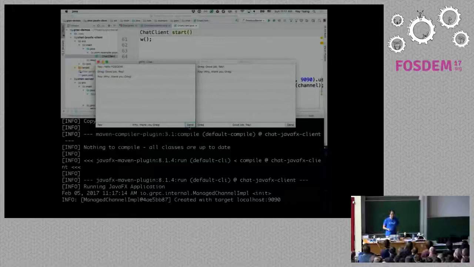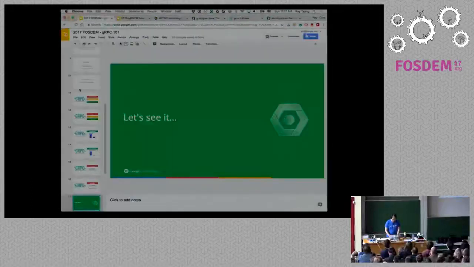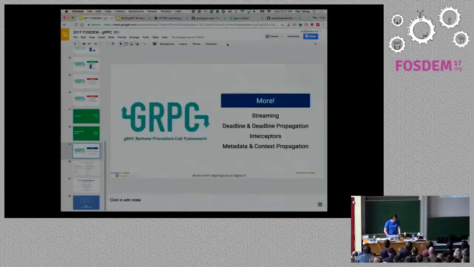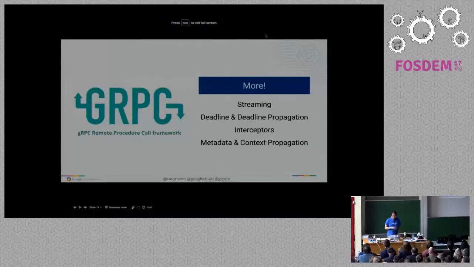Okay, so that's how easy you can use gRPC. Hopefully you see some of the benefits. Again, it works with multiple different platforms. Now, before I close up, I've got 3 minutes. I just want to say there's a lot more than just simple request and response and streaming. Streaming is simple now. You can also set deadlines.